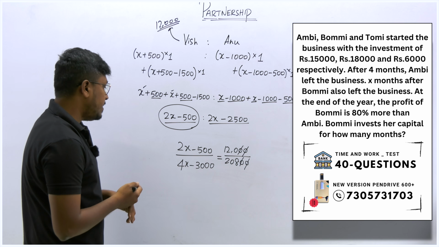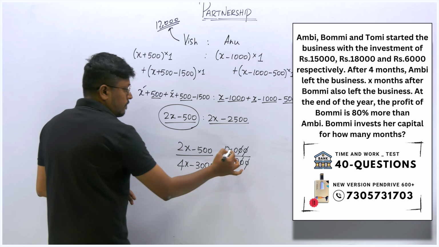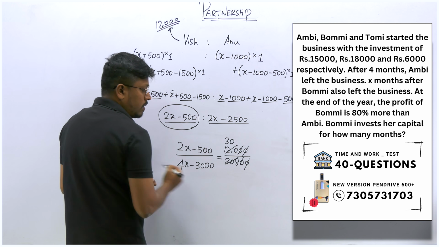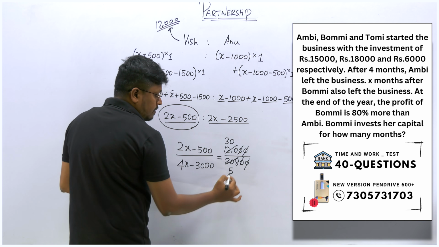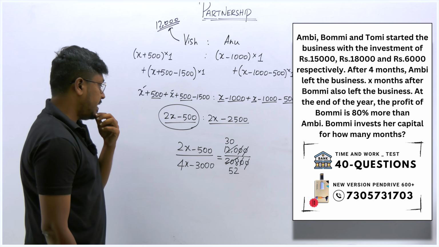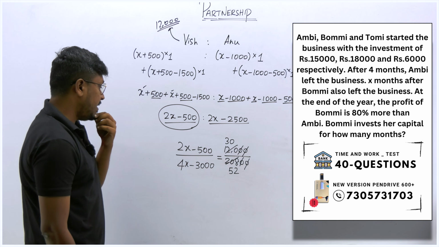Again we can cancel it on 4 table. This will be 30. 4 3s are 12. We can cancel it on 4 table. 5 4s are 20. 4 2s are 8. Yes, we can cancel it like this, and then still we can cancel it on